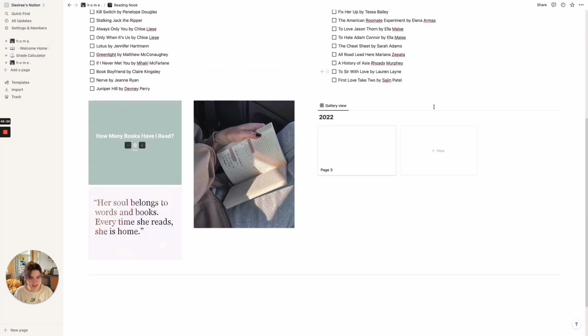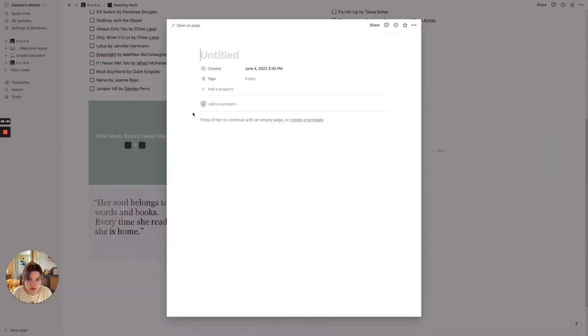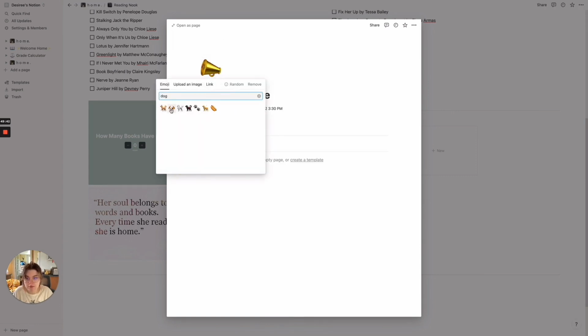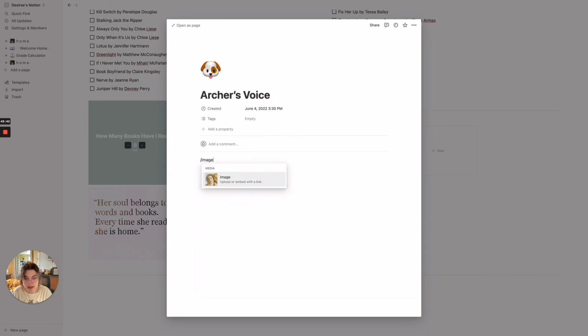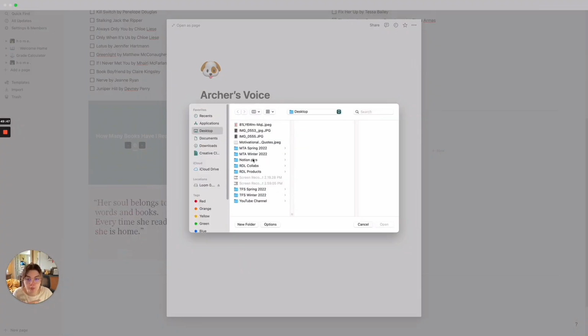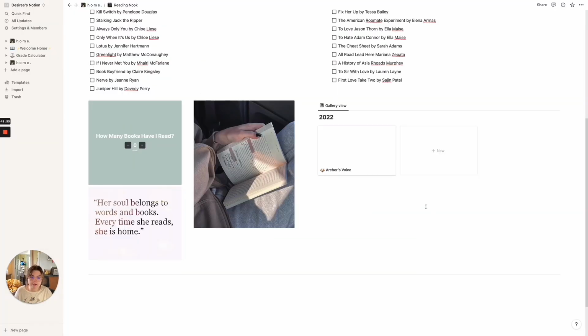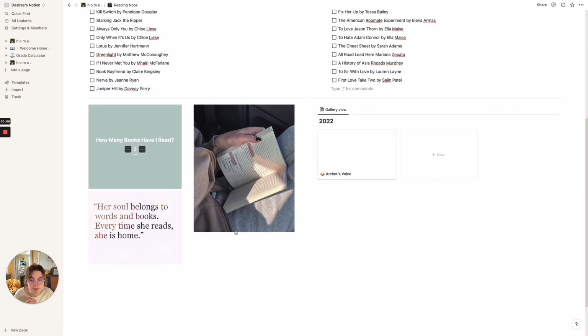And of course I will have to take care of this eventually and actually put all the books that I've read, but basically to add a book that you've read, you click plus, and then you can write the title. I'll write Archer's Voice. And I like to add an icon, so maybe I'll add a puppy, and then you can add an image of the actual book cover. Obviously I don't have it right now, but you would add the image, and then here you would have the actual image of the book. So, but I will have to do that a little bit later because that would take me ages. I might do it later tonight, who knows. But anywho,